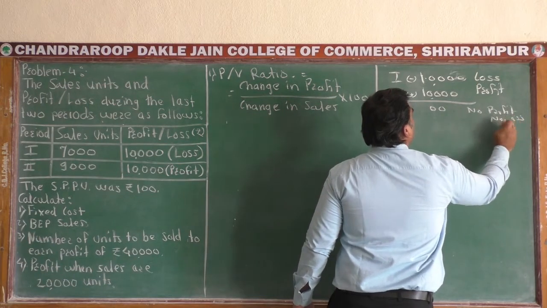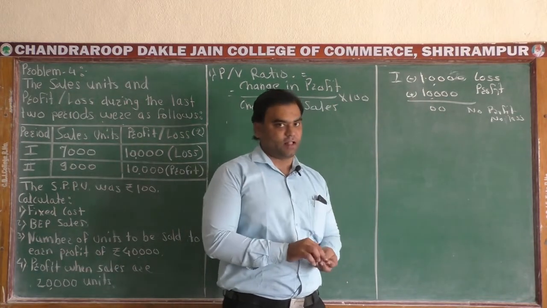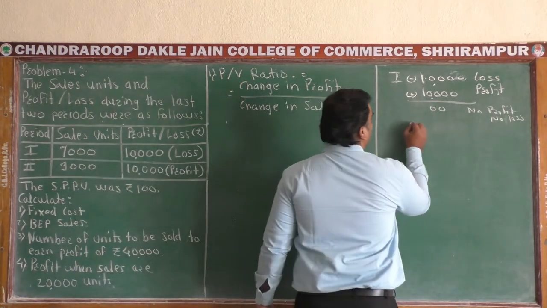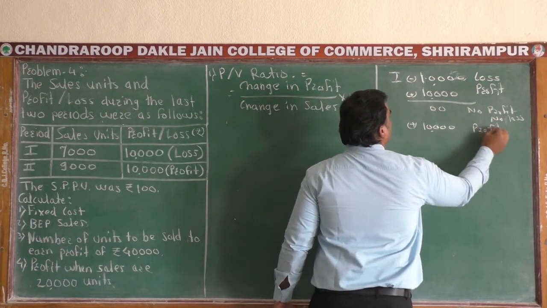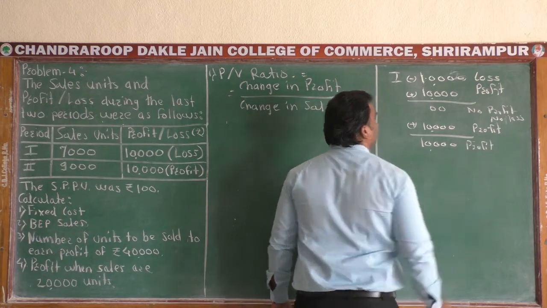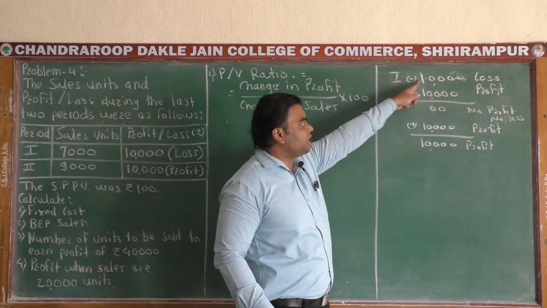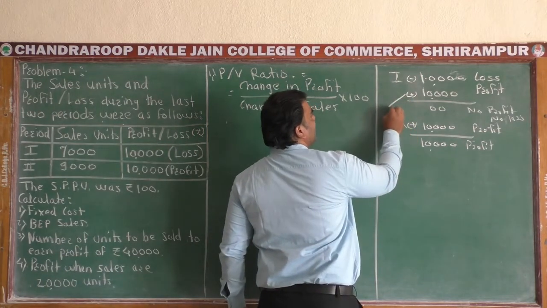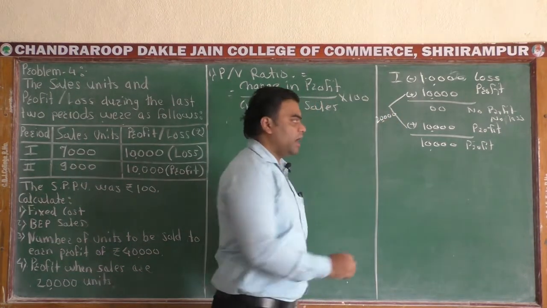No profit, no loss. Means to recover our previous 10,000 loss, 10,000 profit is required. But in period 2 it is showing 10,000 profit. How will it show? Add another 10,000 profit. Now it will show 10,000 profit. Means how much is the actual profit? 10,000 profit which is utilized to recover 10,000 loss, and this is surplus profit. Means this 10,000 profit and this 10,000 profit, total profit was 20,000. How? You can see